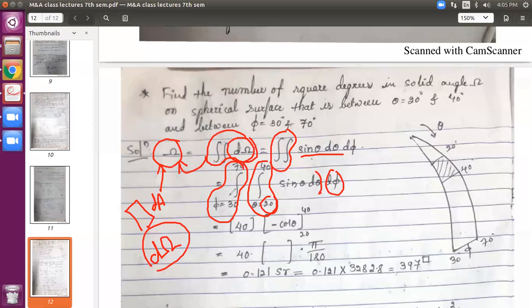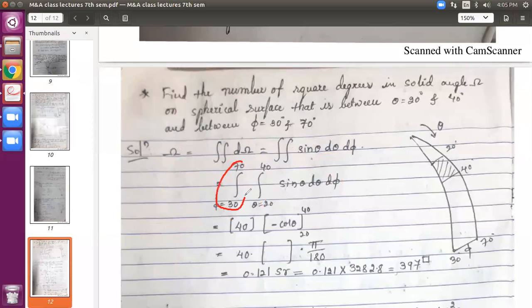Now, we have two variables, theta and phi, here also theta and phi. So you can integrate them separately, no problem. No doubt you have a multiplication here. So integration of this with d phi is a separate entity. What is the integration of dt? It is t. So integration of d phi will be phi over the range 30 to 70. Apply the limits, 70 minus 30, you will get 40.